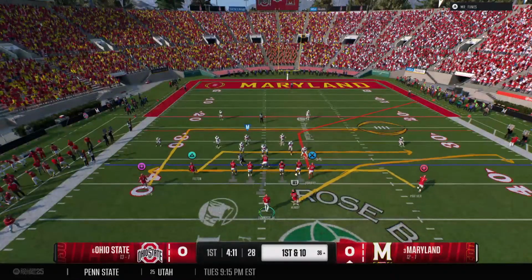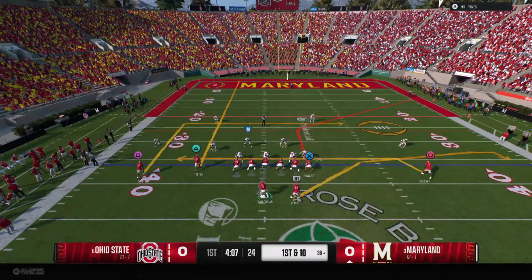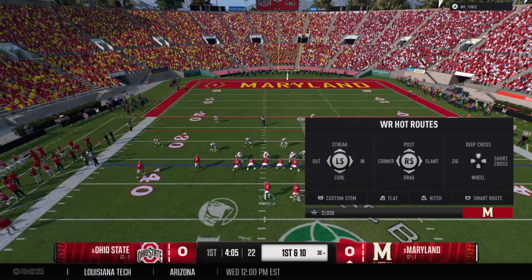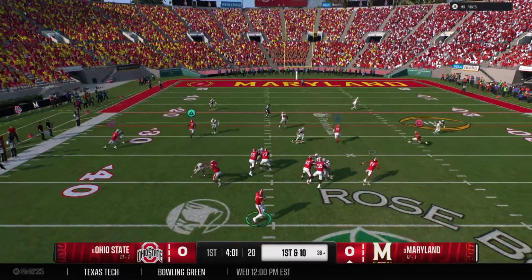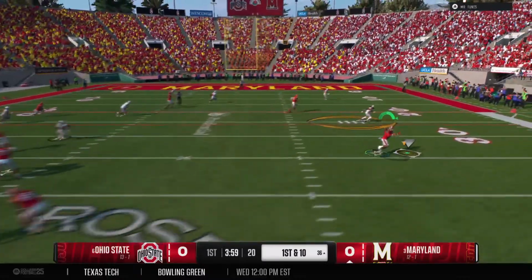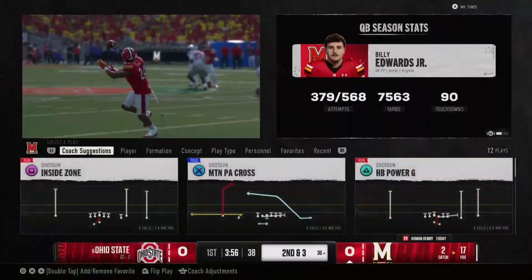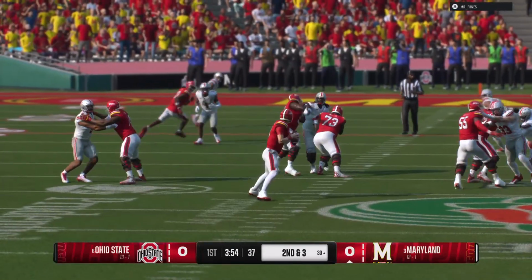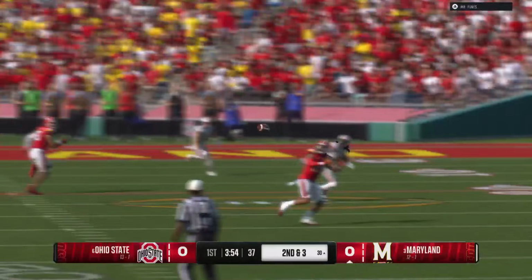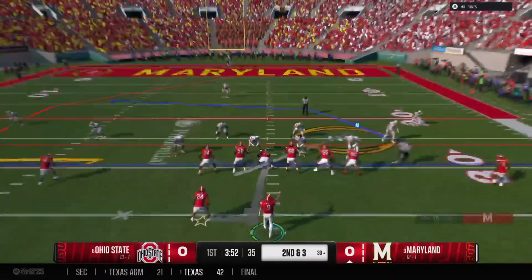The Terrapins getting set on 1st and 10. There's the snap. Quarterback setting up to throw. Snags a quick throw. Well, the running back that time just sneaks out of the backfield and shows his hands on that nice catch. And completion makes it 2nd and short.